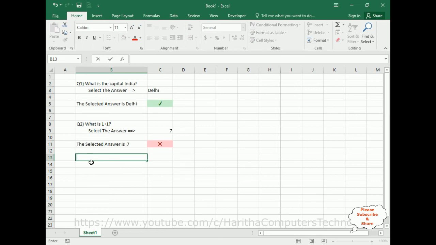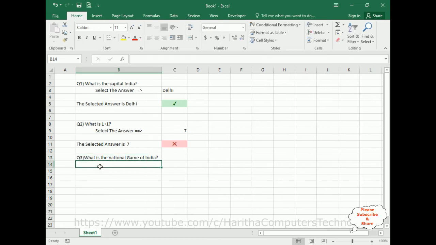question number 3. What is the national game of India? National game of India. And so writing the same thing, paste it here, put this in the middle. Now here, C14 cell, go to